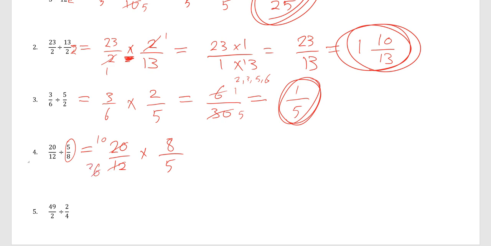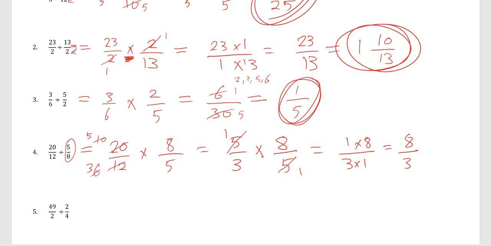So divided by 2 is 3, divided by 2 is 5. So 5/3 times 8/5. And remember this: 5 by 5 becomes 1. So 1 times 8 over 3 times 1